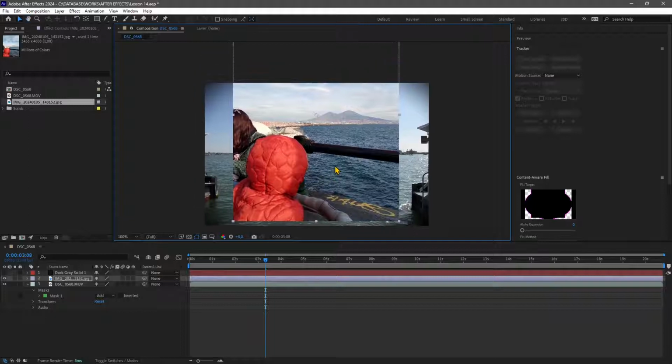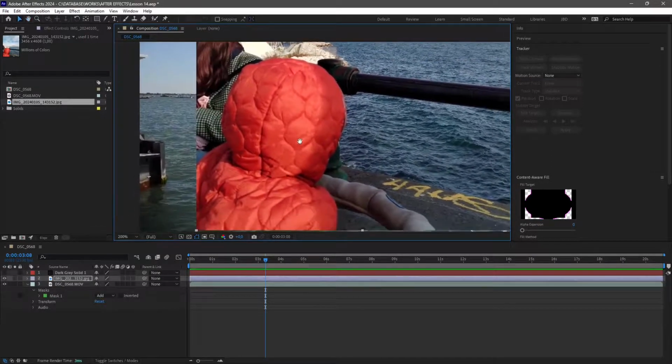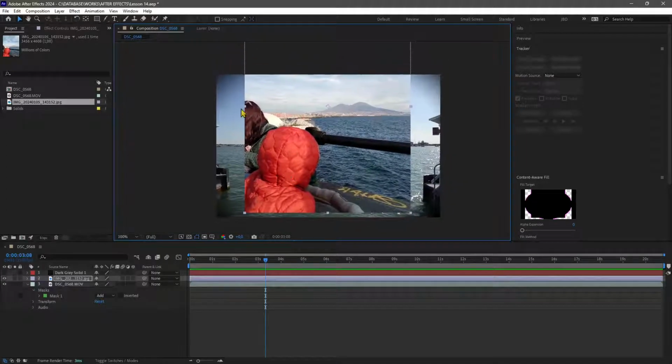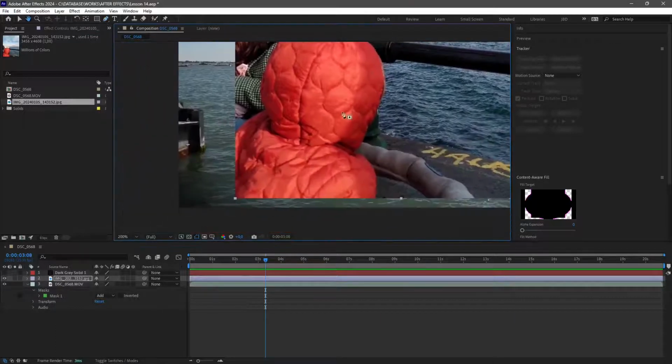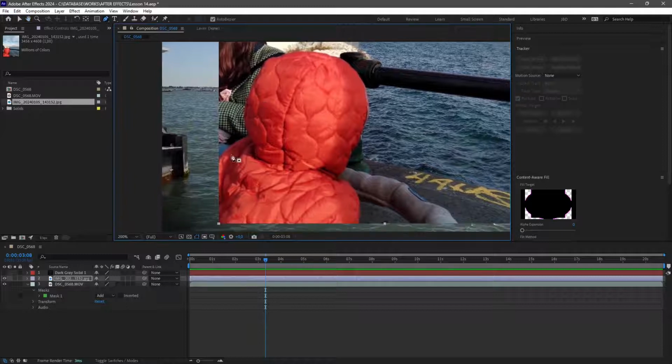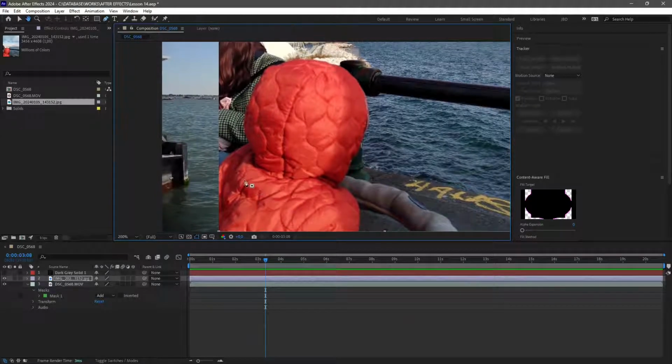Now, if I had the green screen, I could use the key light. Or if I have a uniform color, I could use the key light. Or better, if I find a PNG image that doesn't have the background already. But now there is a background and I want to remove it. So how can I do that? Well, let's use a mask again, but this time we're going to use another feature that I'm going to show you. I'm going to use the pen first, and then I activate the Rotobezier. When you activate Rotobezier, it will be easier to track, or let's say trace, this profile. So I'm going to start from